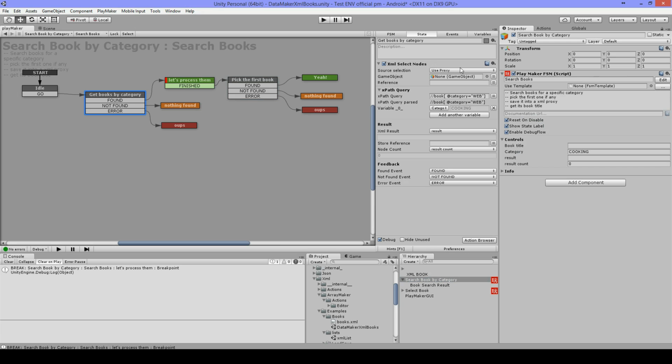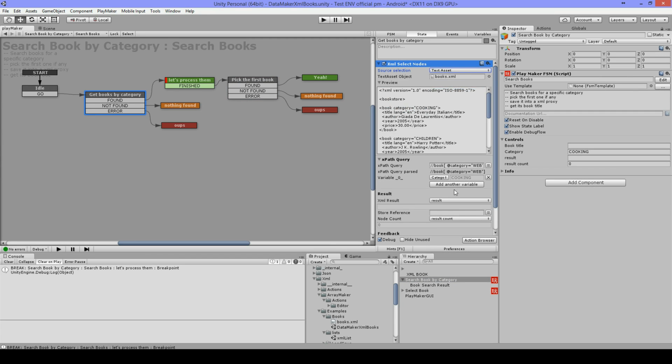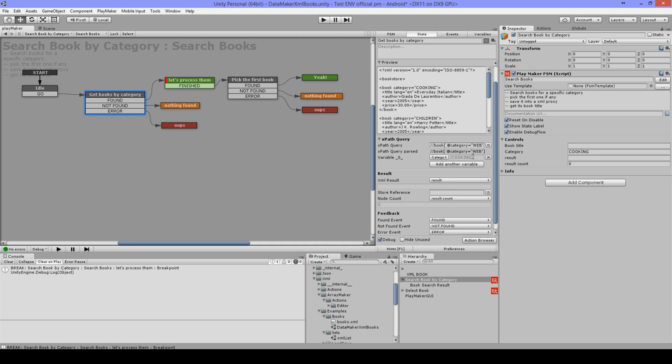Now with this action, I'll first put this back to text asset. I want to find all nodes with the category web. In here, this is the XPath query. Here we're going to look for it. This is our search box. And in the XPath query you can put in your search manually like this,